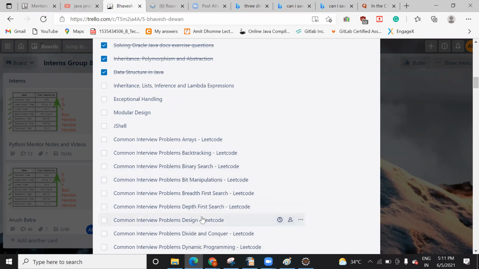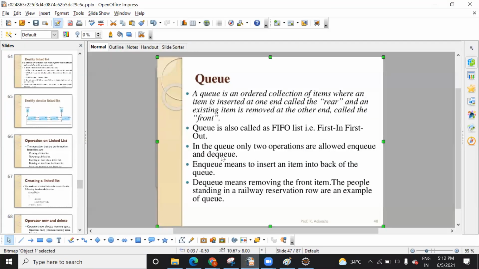There are a few more things, like divide and conquer and dynamic programming. That is the advanced part of algorithms, but while explaining the code, I will explain it. So within these 3 classes I will complete this, and parallelly we will do one module of data structures, so it will be easy for you to understand and grasp.